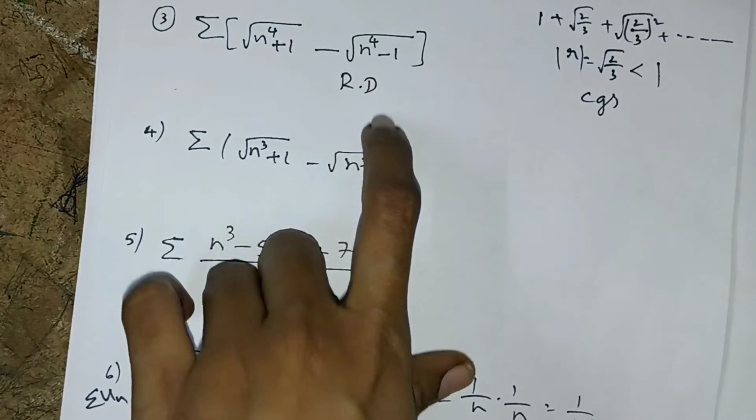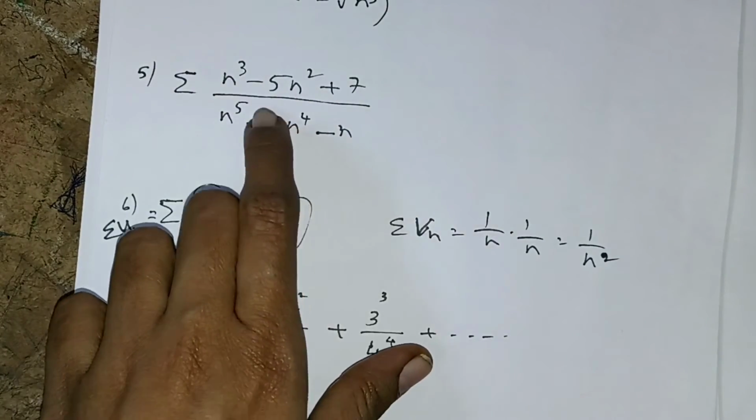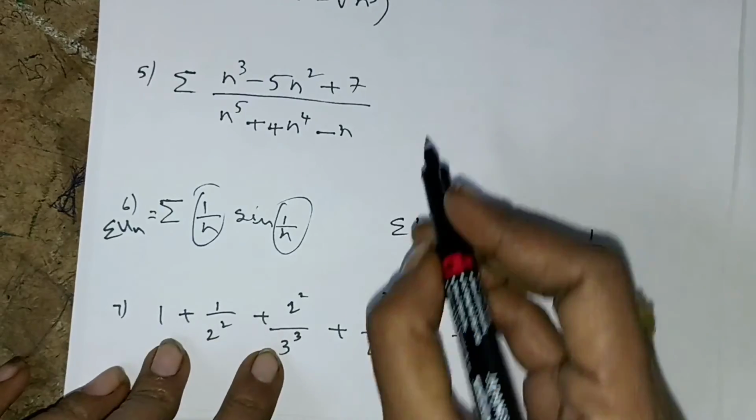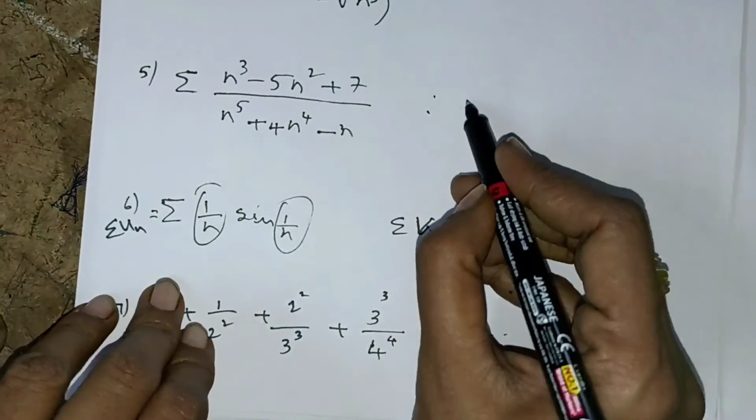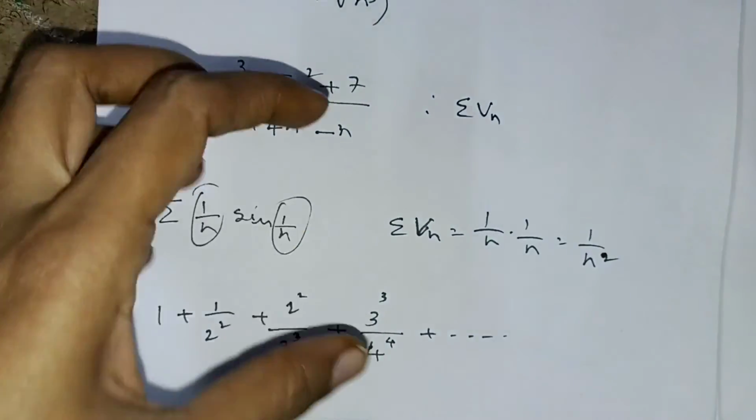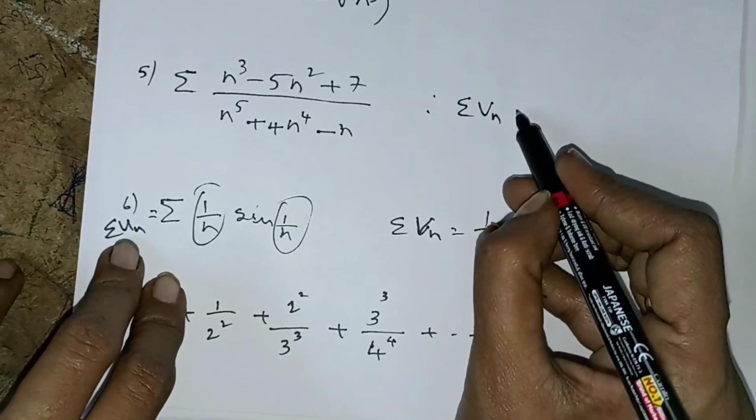Highest power of sigma vn. How to choose sigma vn? 1 by n to the power of, the highest power of n in the denominator is 5. The highest power of n in the numerator is 3. 1 by n to the power of 5 minus 3 is